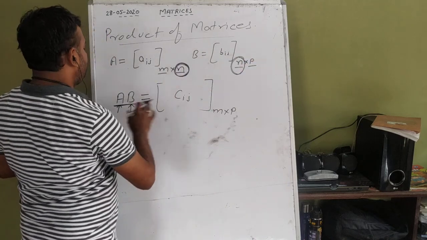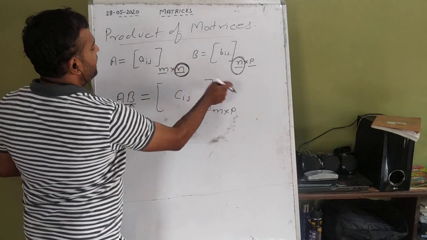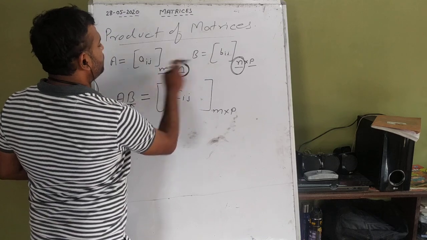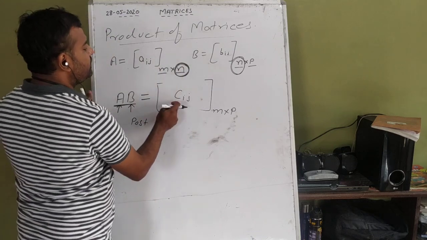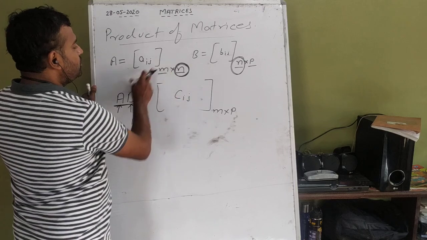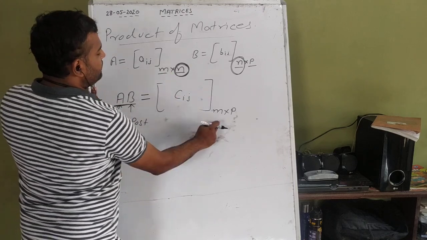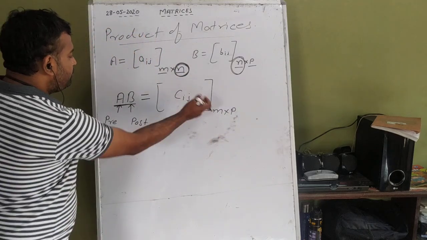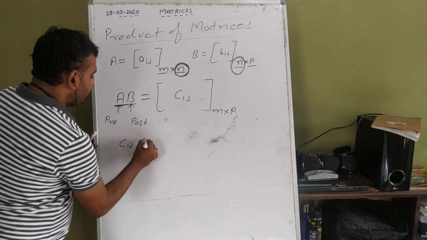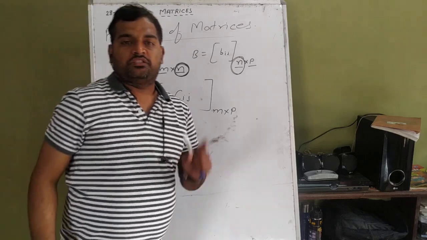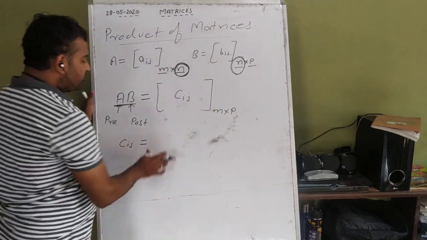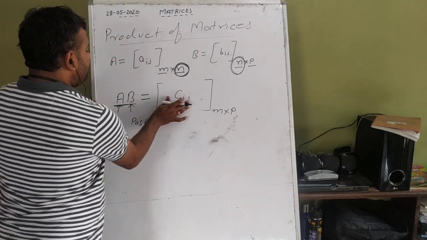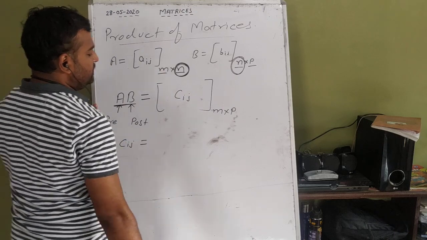Now we have discussed if A equals to Aij and B equals to Bij are matrices, then the product AB is possible if the column of the first matrix is equal to the row of the second matrix. Let us consider the elements given by Cij, and what will be the order of AB? The order of AB is given by the row of the first matrix by the column of the second matrix. Now how can we find the Cij? The Cij is very important. Cij can be calculated by a particular definition.